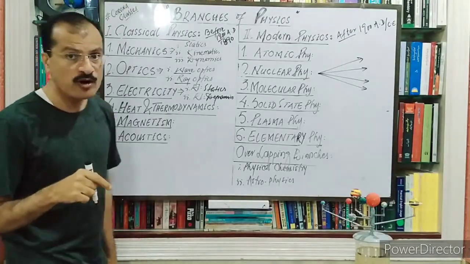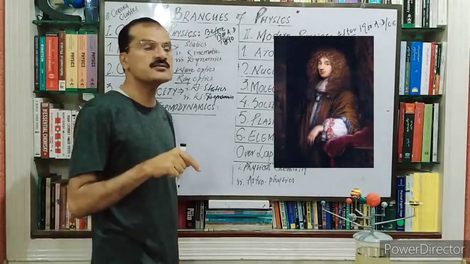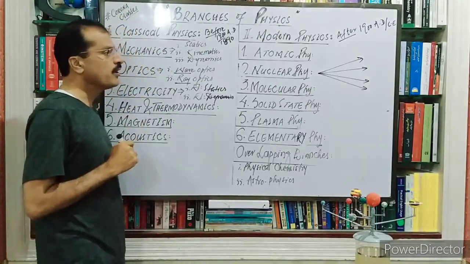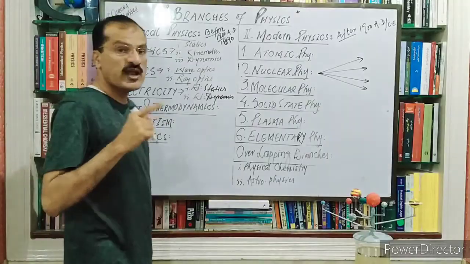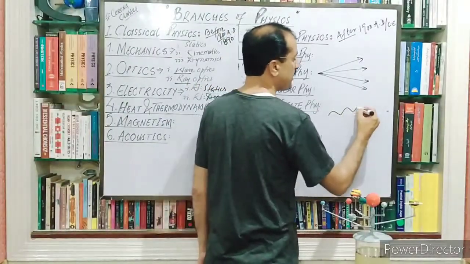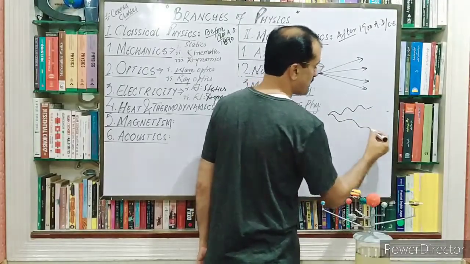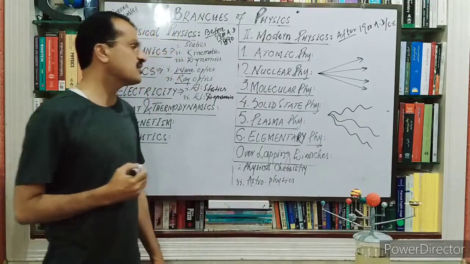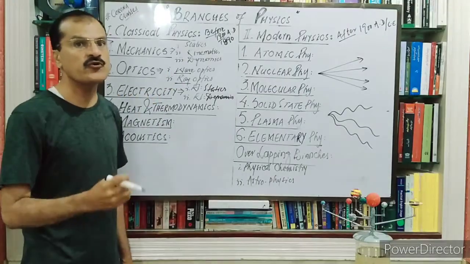And the second model was developed by Christian Huygens, a Dutch physicist, and he was also contemporary of Newton. तो क्रिश्चियन हाइजन ने कहा था कि नहीं, लाइट वेव्स की शक्ल में एक जगह से दूसरी जगह जाती हैं, तो उसने एक नए मॉडल की तश्कील की जिसको हम कहते हैं वेव मॉडल.